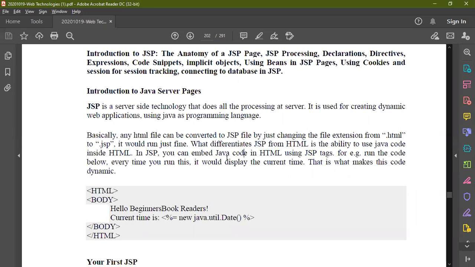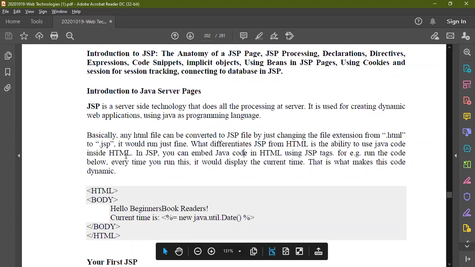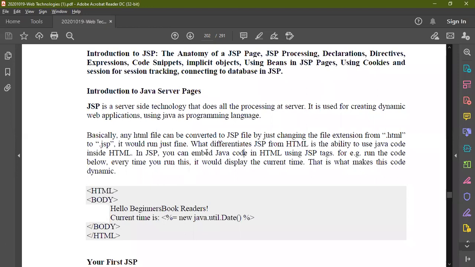For presentation purposes we can use two things, HTML and Java Server Pages. What is the difference here? In HTML you cannot add any Java code, whereas in JSP pages you can. For example, if you want to write System.out.println, this is possible in a JSP page, whereas this is not possible in an HTML page.